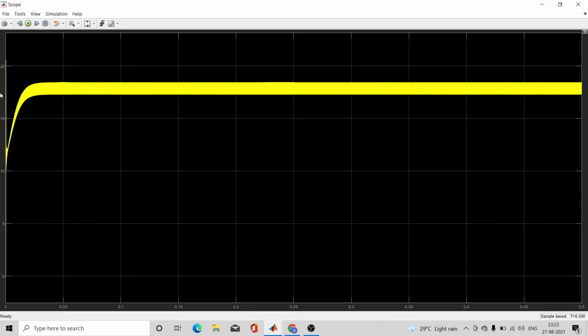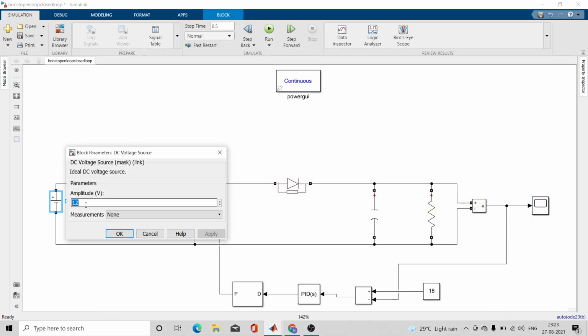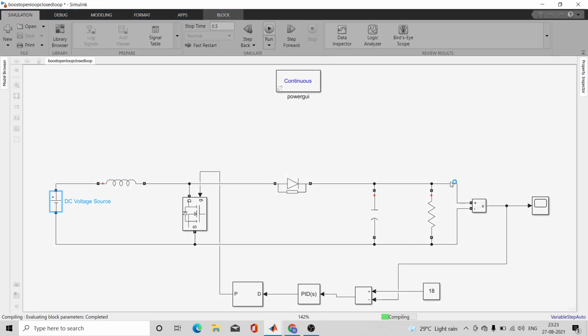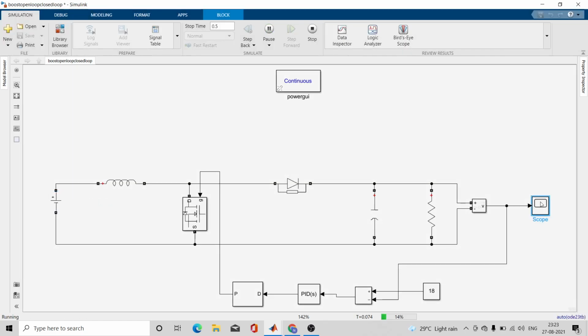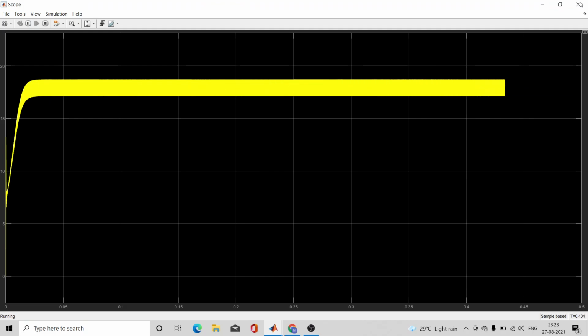Am I getting 18 volt? Yes. But let us change the input over here. Instead of 12 volt, let me take some other, 8 volt. Apply. Okay. And in case of closed loop system, it should give me the 18 volt as output. Yes, it's showing me.